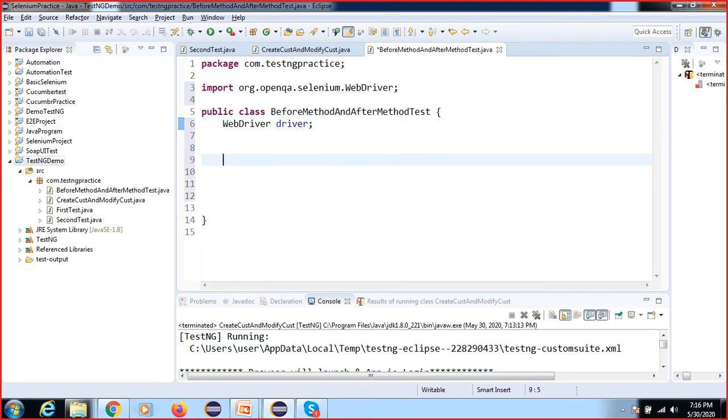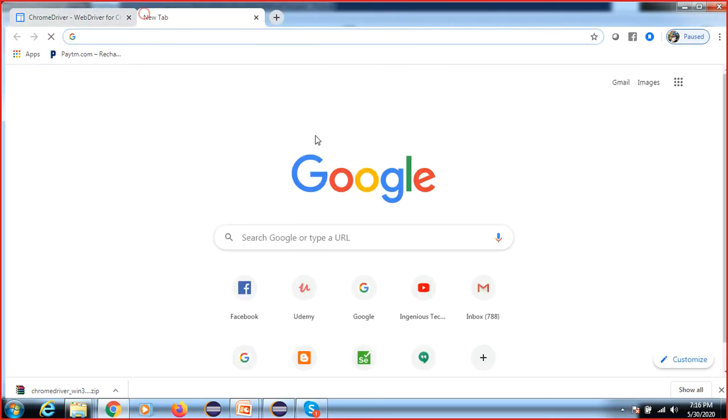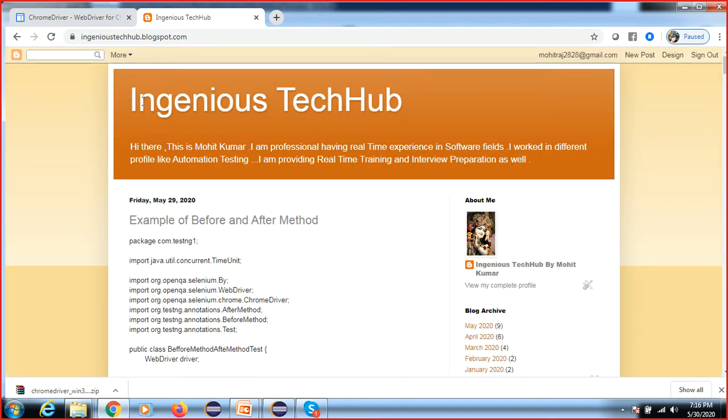Now I'm going to write simple test steps here. This is the engineers tech site. We will write two test cases: one to verify this text, and another to verify the title of this page.